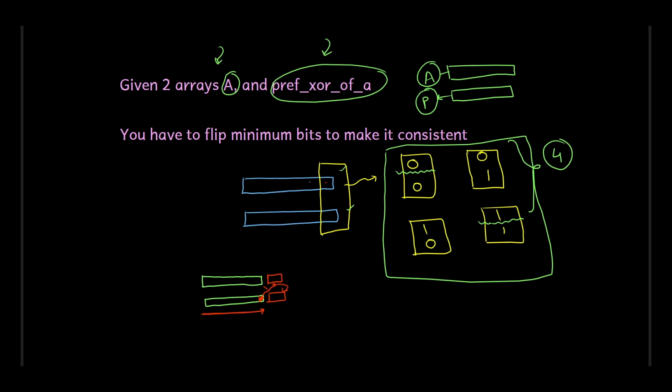It will all depend upon what is the array that you have constructed so far, and what is the last prefix XOR that you have stored, because this is the only thing that matters. What you have stored over here doesn't matter. Whatever you have stored over here encodes all the information. So if you have encoded a 0 over here, that would mean that if the prefix XOR of this entire segment is 0, then if you are placing a 0 over here, you cannot place a 1 over here, because the prefix XOR of this entire segment will be 0 only. So you have to place 0 with 0, or if you want to place 1, you have to place 1